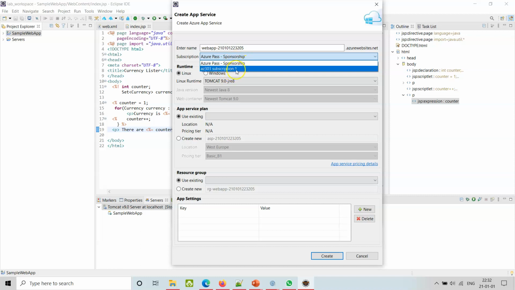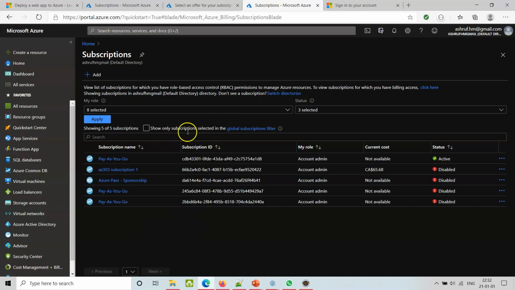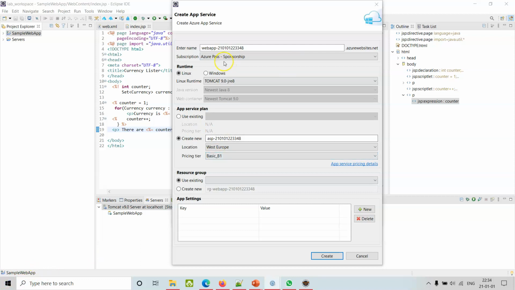But then what we have is not showing up here. We have to do something. Let me check. In fact, this Azure Pass sponsorship is disabled, but we will still go ahead and see